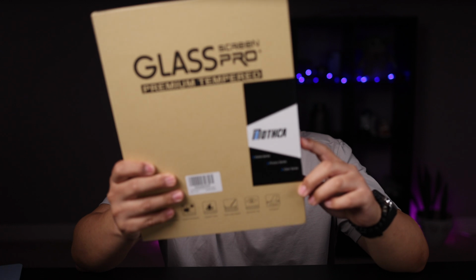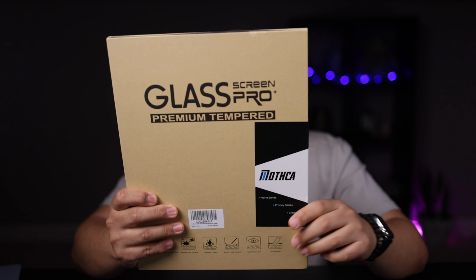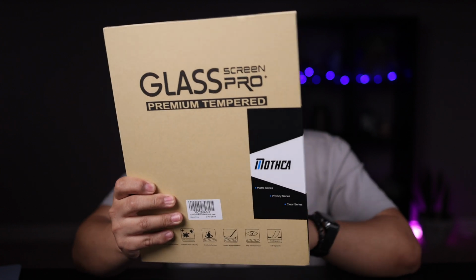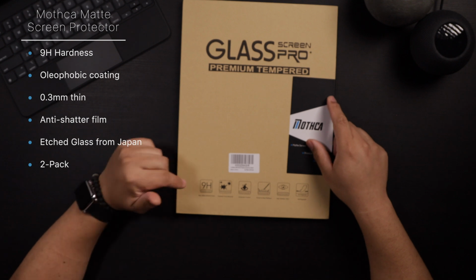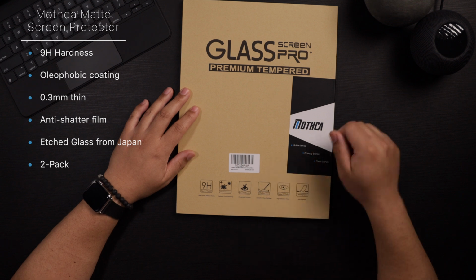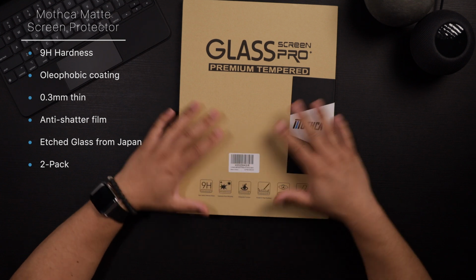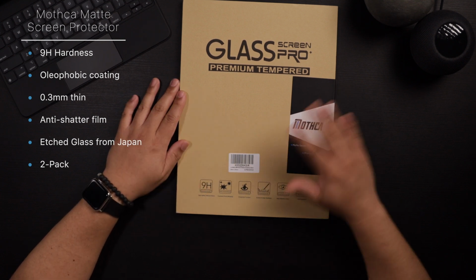So I recently picked up a 12.9-inch M1 iPad Pro, and the first thing I want to do is protect that big, beautiful screen. And what better way to protect that screen than with a tempered glass screen protector? I picked this one up from Mothca, and this is their premium tempered glass matte screen protector for the 12.9-inch M1 iPad Pro. This one features 9H hardness, it has an oleophobic coating, it's scratch and wear resistant, it's anti-fingerprint, and it says high definition vision,